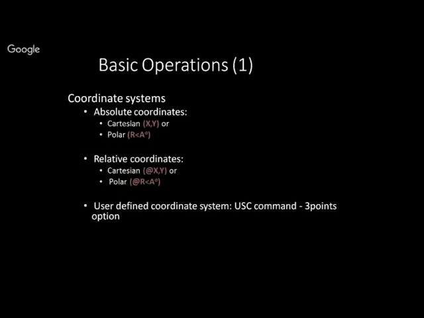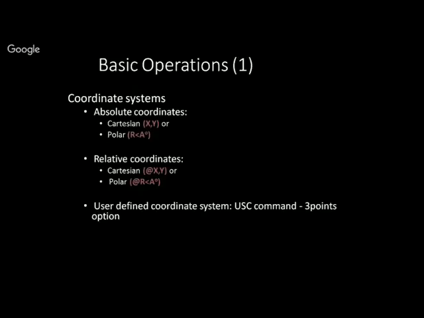Now let us understand what is the coordinate system. In AutoCAD, you have absolute coordinate systems, relative coordinate systems, right? Absolute coordinate systems are just like giving the value of x, y, and z. When we are drawing 2D, it is only x and y. Z is your 0. And these are known as Cartesian coordinates.